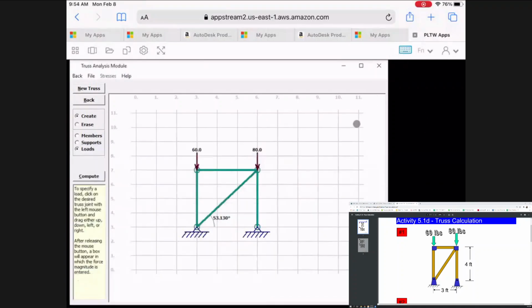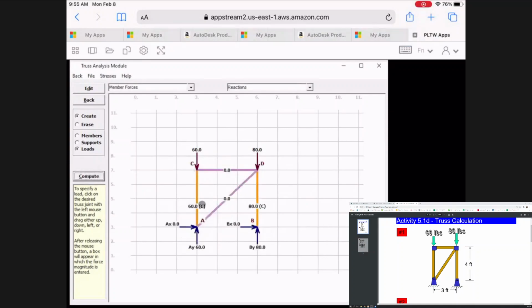Okay. So now I have all of my chords, my members, my supports, and my loads. Now I can click on compute. And then it gives me my reaction forces, which would be 60 pounds up, 80 pounds up, but it also solves for all of my chord forces, as well as telling me the compression. This member here is under compression at 60, this one's under compression